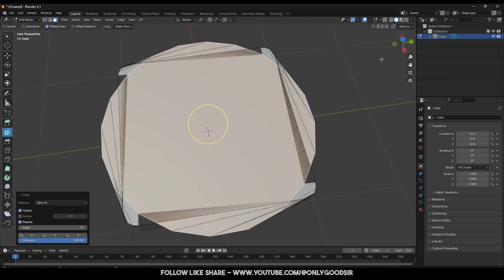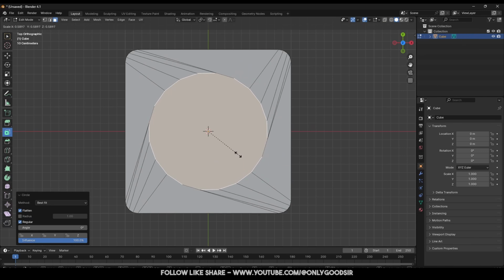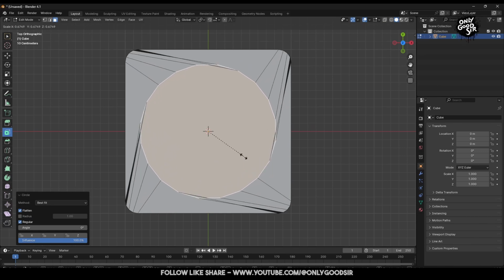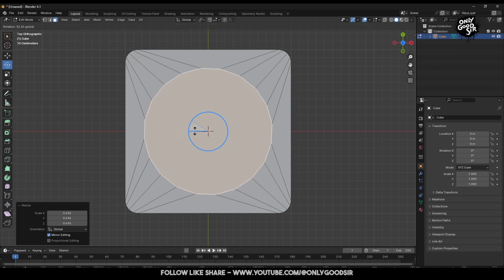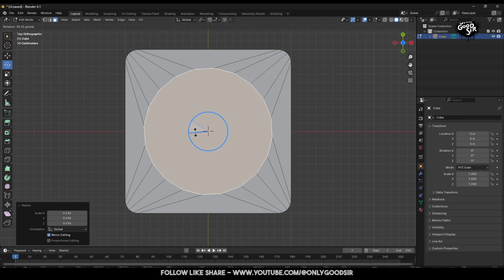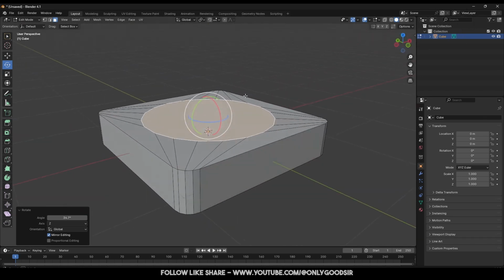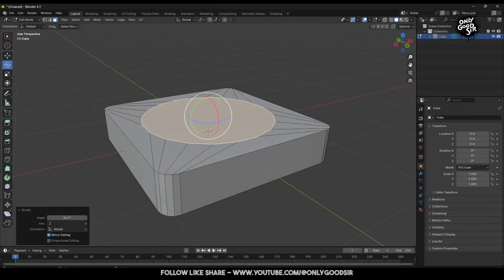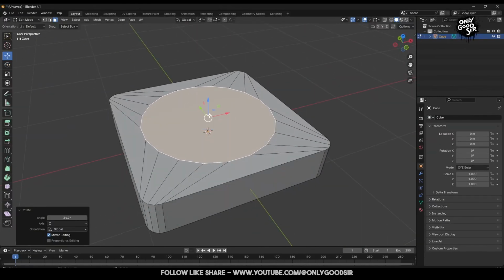Alright, and you can see it looks off, right? It's not right. So I'm going to scale this in enough, and then we're going to rotate this. There we go, and that looks much better, right? Try to line it up and keep this central. You can see here. There we go. Just try to get as best as you can to rotate it, so topology is not too bad, but we're trying to keep it